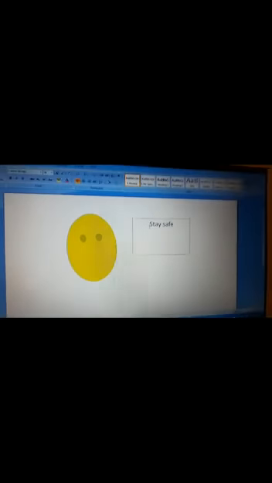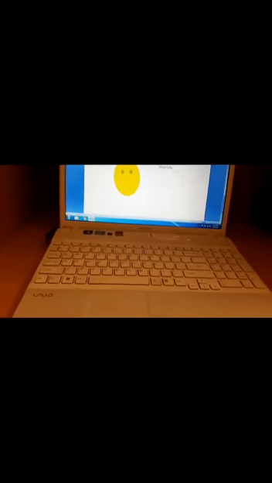So I am sure children, today whatever we have done, that is finding the text, replacing the text, and then working with shapes and placing text in shapes. This much only we will be doing for today. Next time I will be teaching you the rest of the options, and I will be sending some question answers also, and those question answers, children, you have to note down in your classwork notebook.